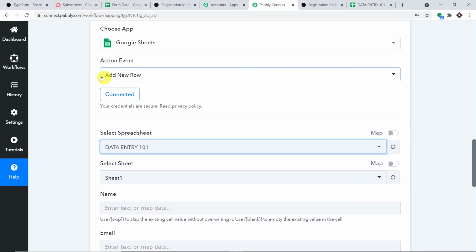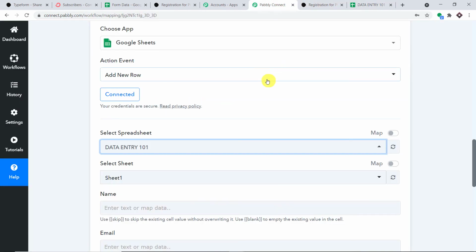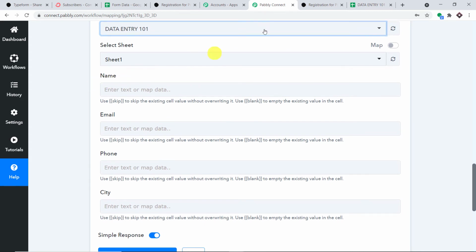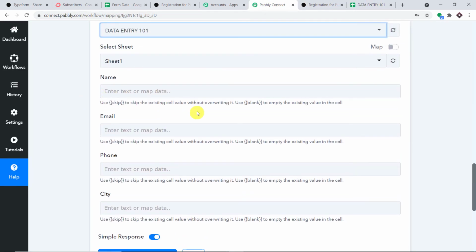Now you're obviously wondering why we have mentioned the action event as add new row. Well, to explain this, let me take you back to Google Sheets. The idea is that we are going to create a new row. First of all, we are going to fill this cell, then this cell, then the adjacent cell and the adjacent cell. So all the data will be inserted into adjacent cells one by one, thus creating a new row. Okay, so let's do that. By default, all the columns present here are now reflected as fields.